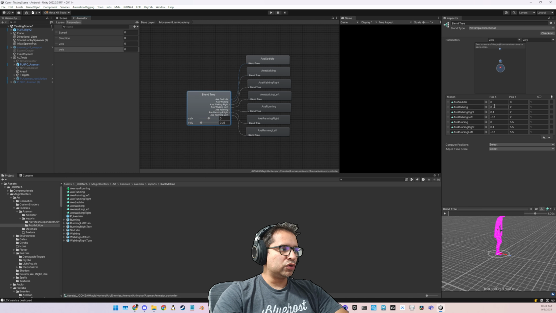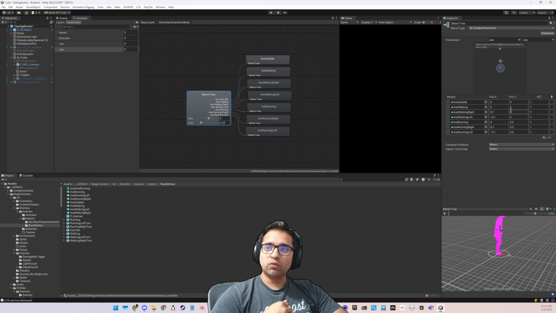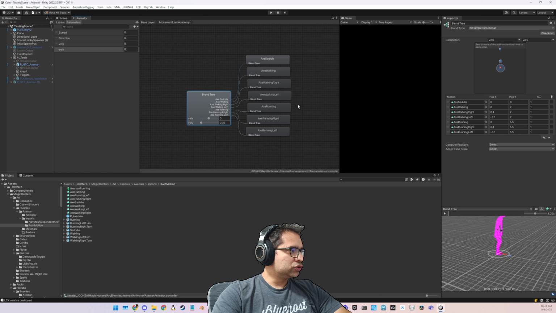And then you create these points. So if the positive X is like the right or left, and the Y is the forward, right? You can even do it backwards if you wanted to. So if you go over the videos with Lamb Academy on root motion, you'll be able to set up this